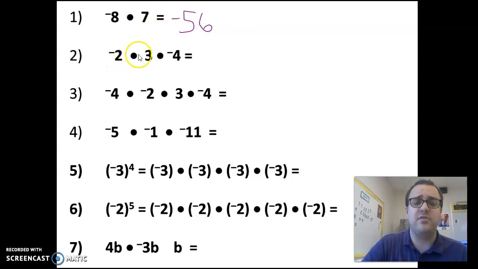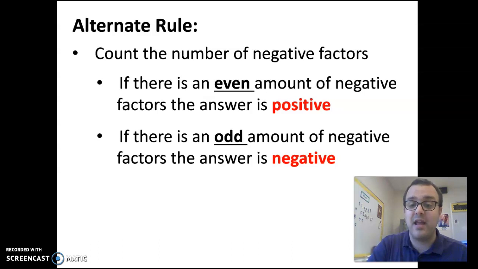For the next one, negative 2 times 3 times negative 4. This is an instance where I have more than two things being multiplied, in this case 3. So I want to go back and use this rule right here and see if I have an even amount of factors or an odd amount, and that's going to tell me whether my answer is positive or